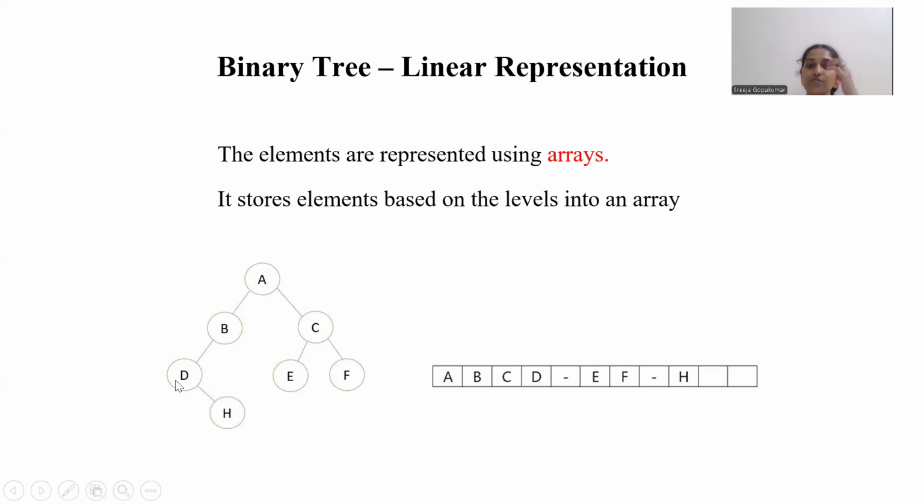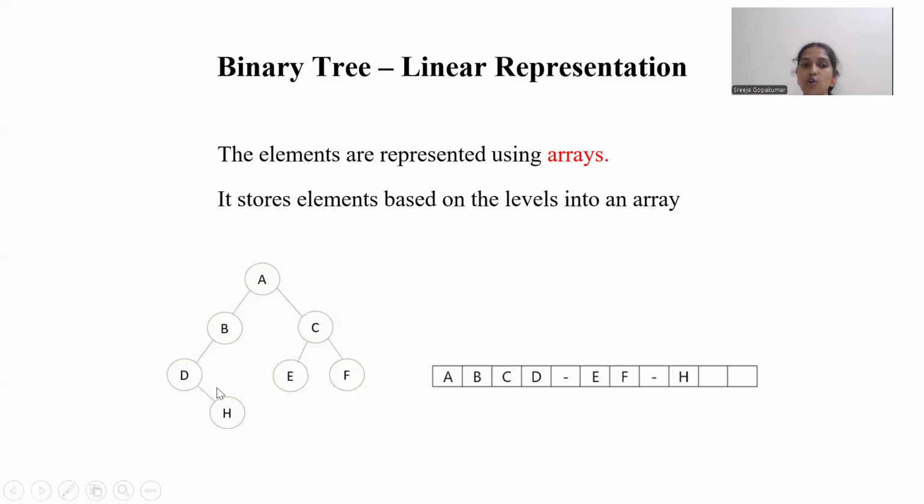Level order means starting from the root node A, we go level by level. So A, then followed by B, then followed by C, then comes D. After that, every binary tree should hold a maximum of 2 children.